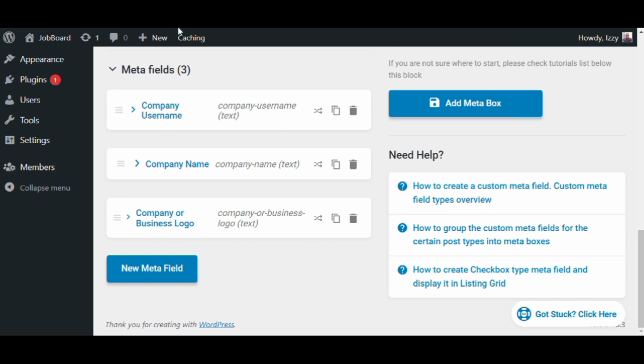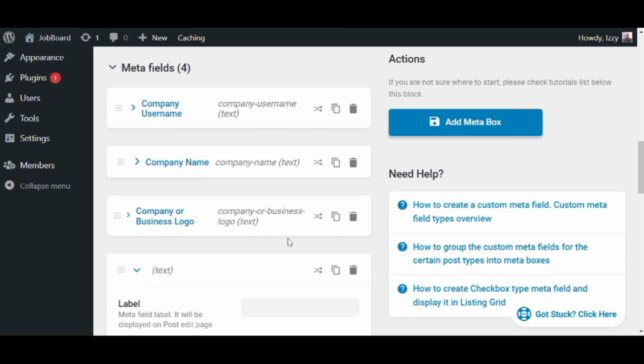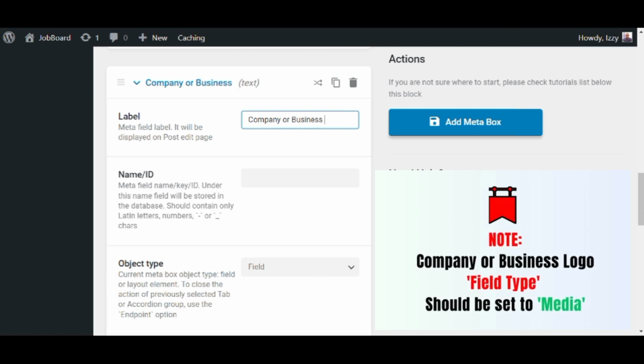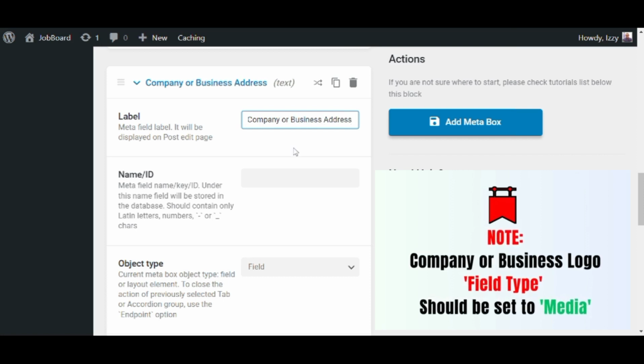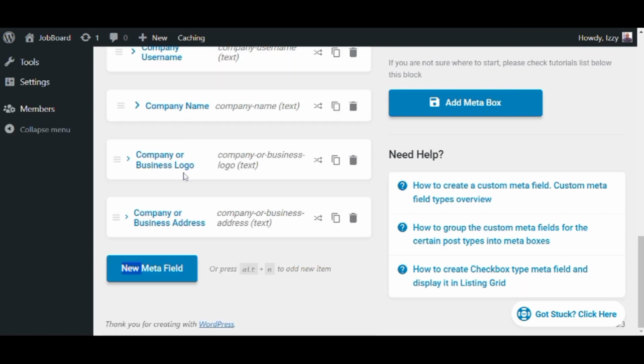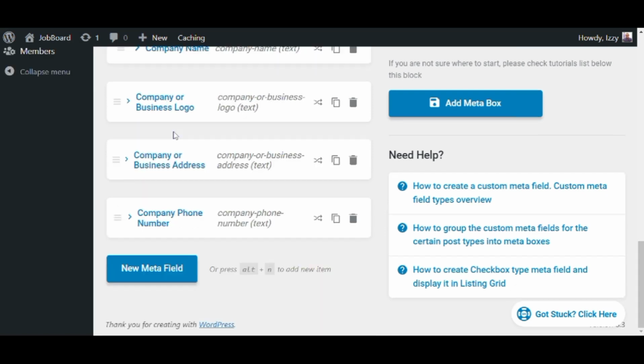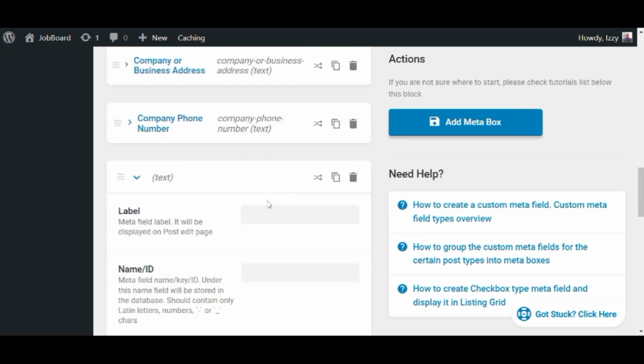So the next one I'm going to say company or business address. You can as well write employer address. So it all depends on you and how you're working with things. So I'm going to say this is company phone number, then company email,